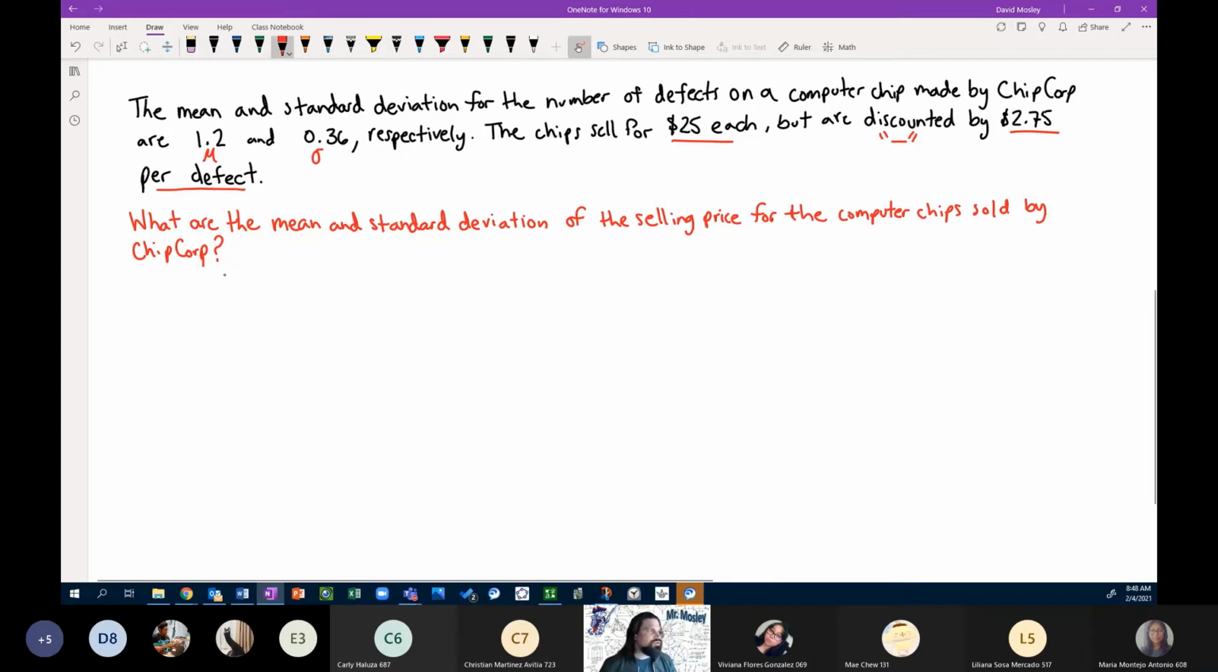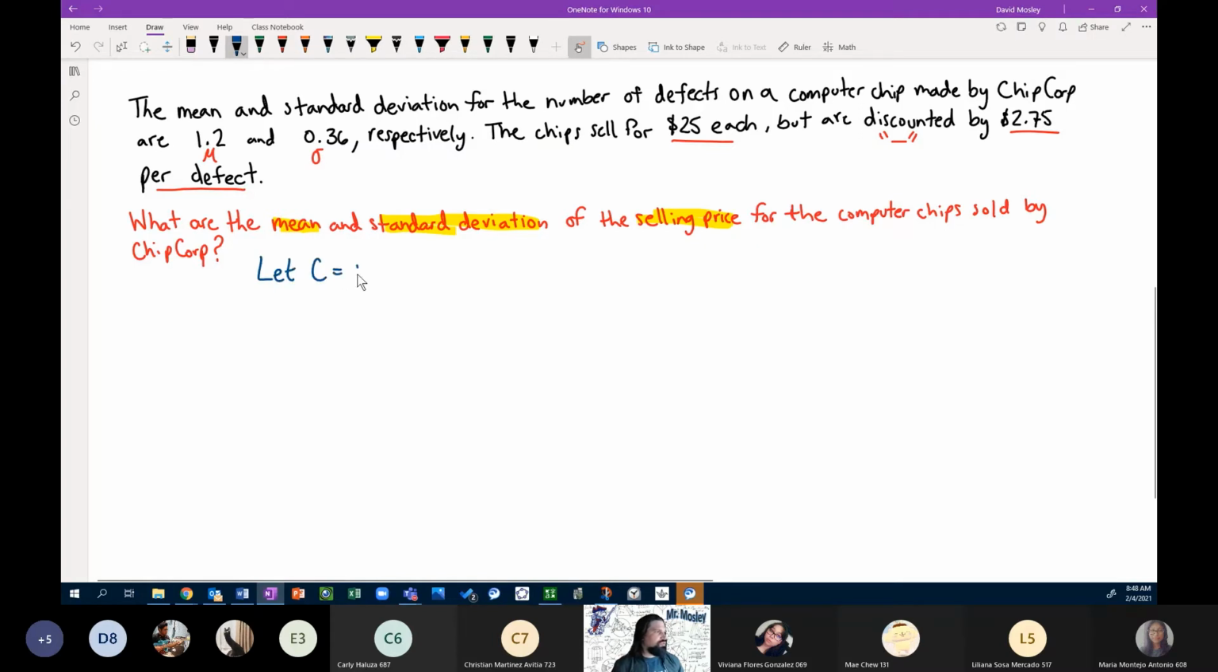All right. We're trying to answer what are the mean and standard deviation of the selling price. We want the selling price for the computer chips sold by Chipcore. Before we can start this calculation, we need to identify our random variables, how they're related, and what information we know. So to start,